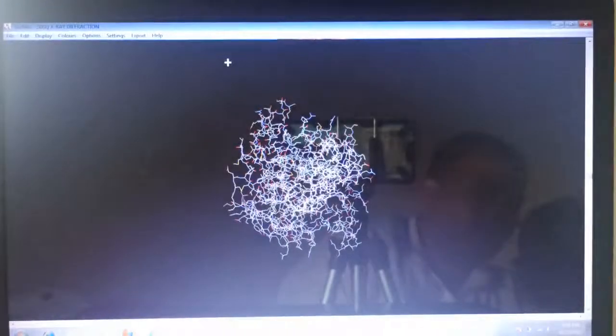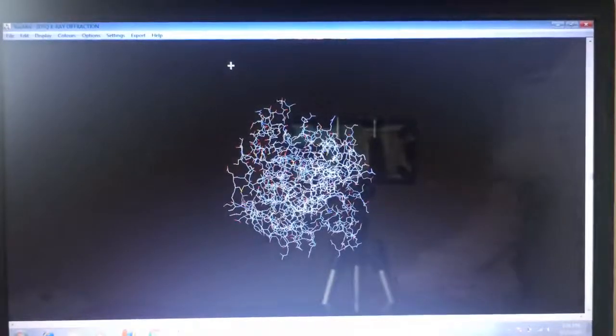This is the structure of the file that is being opened here. We can do the analysis of this file, that is the protein that is being opened here, insulin growth factor binding protein, and we can perform various analyses. There are two ways of performing the analysis here: one is by going through the command line and the other is directly through the Rasmol window.